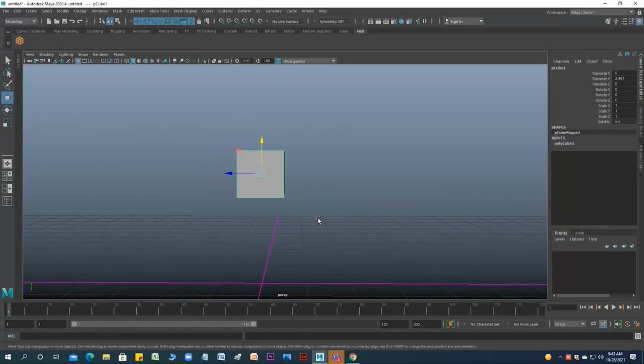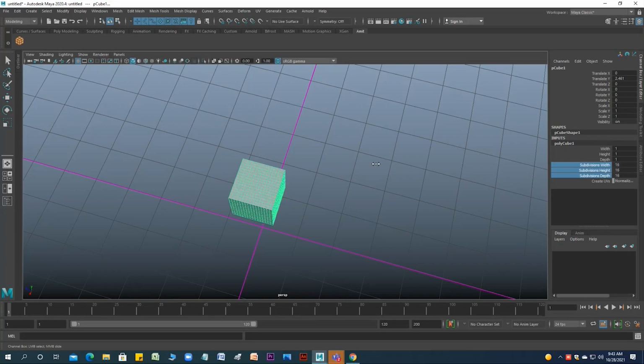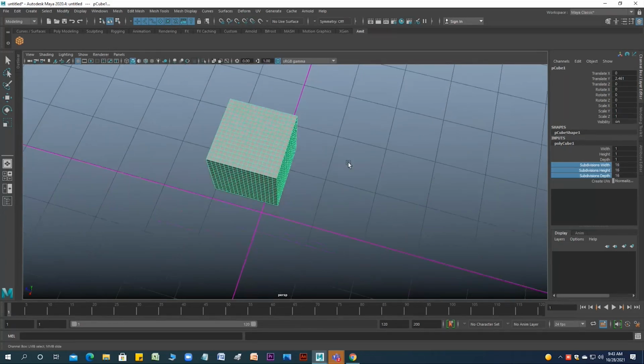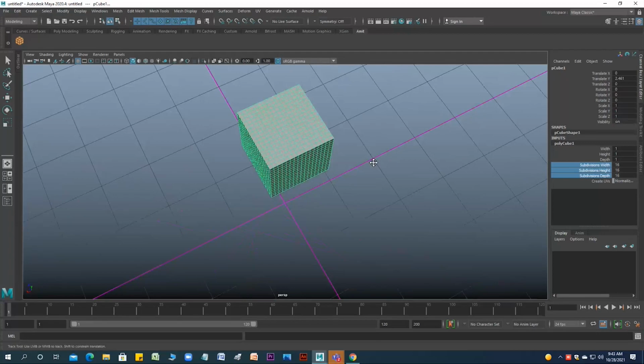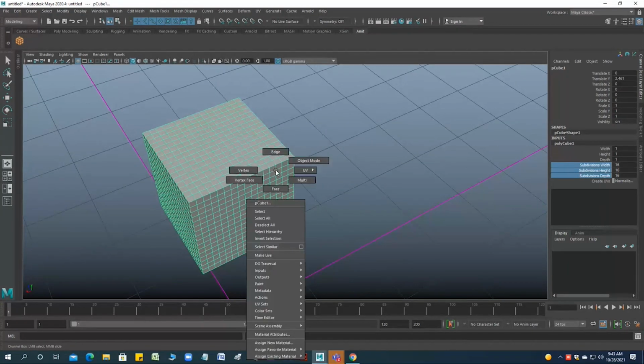Okay, so the inputs information is over here. If you click here, you can increase or decrease the density of your geometry, or you can say the poly count. For the sake of discussion, let's say it's a very high poly count. And if you hold your right mouse button, three options are there, which we are mostly going to use in modeling: edge, faces, and vertex.